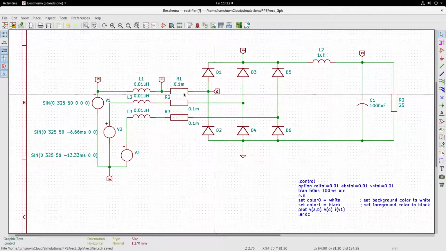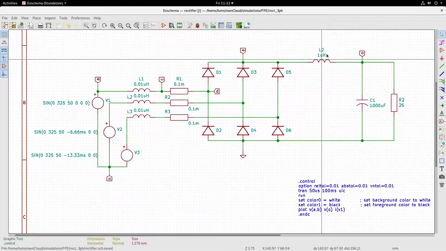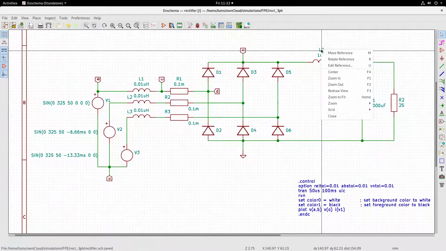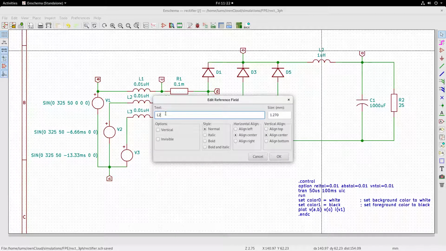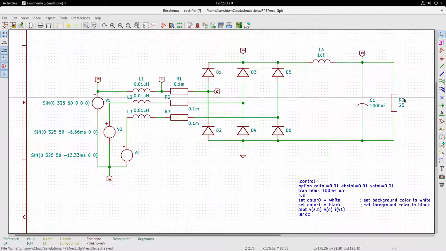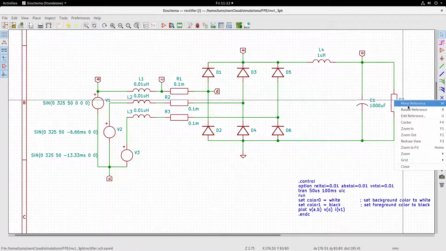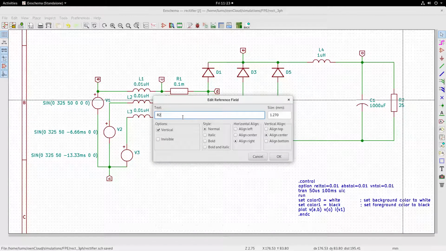Let me do one more thing. I have to change the L1, L2, L3. There cannot be two L1s, L2s. So I am just going to edit this now, reference as L4. Or you could auto annotate as I showed you last time. R2, there are two. I can call this one as, edit reference, I will call this one as RL.